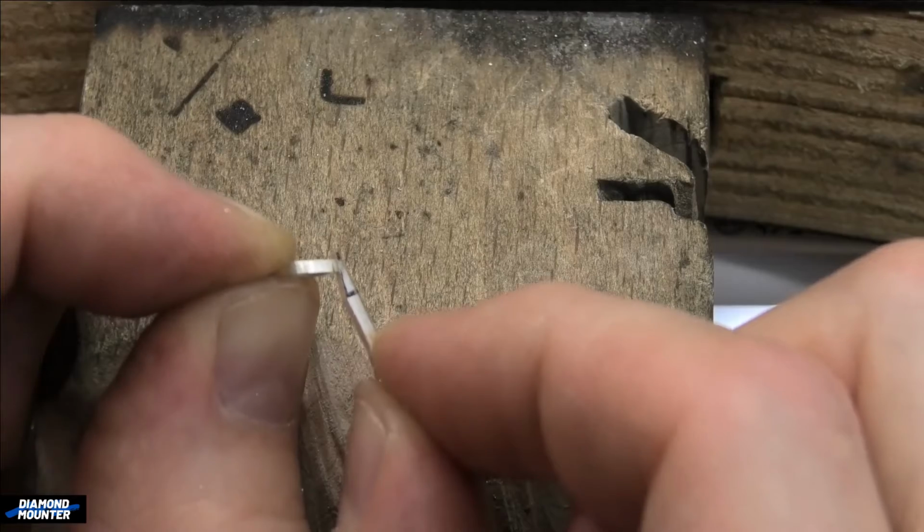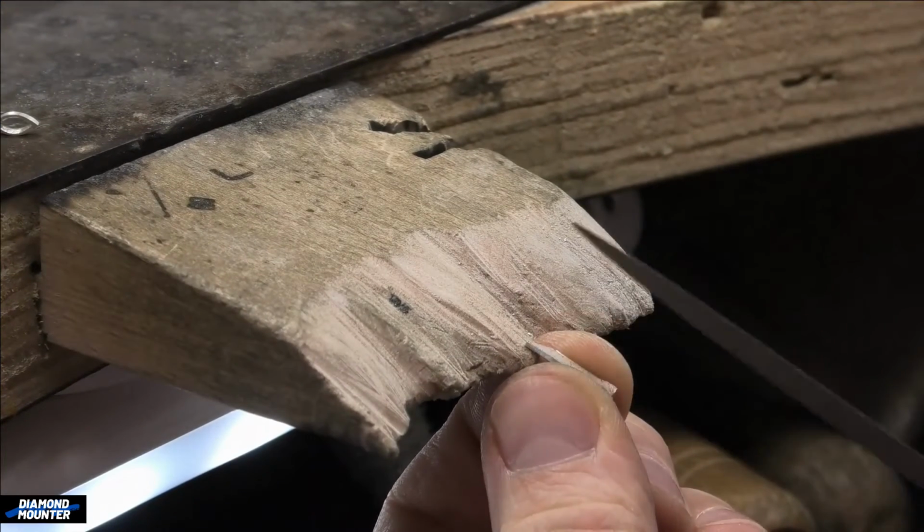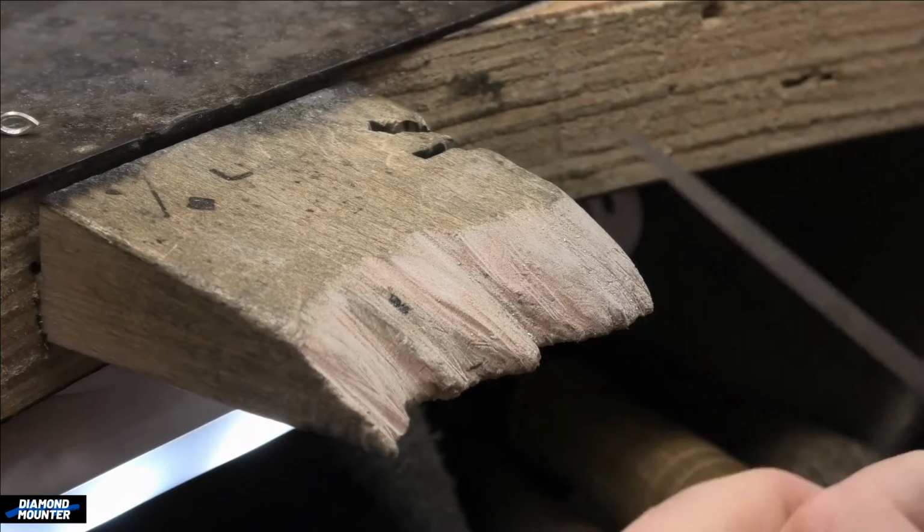And that'll look nicer. And we do that by holding it with the groove facing you, with a 3-sided file,